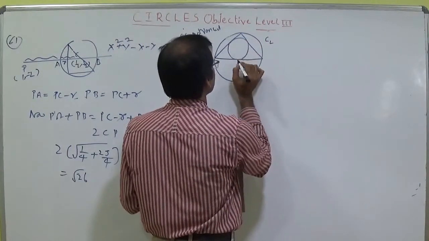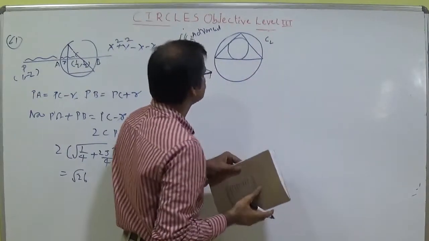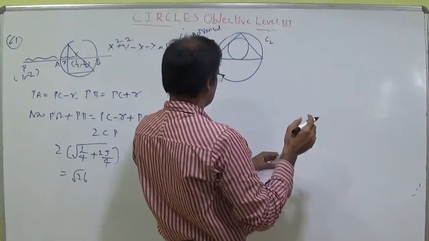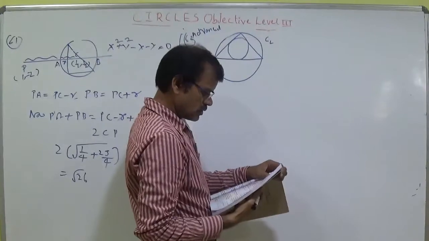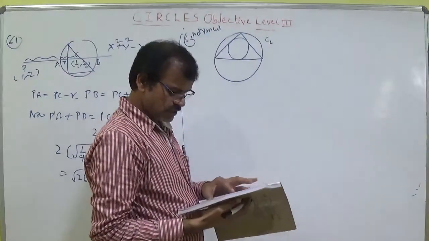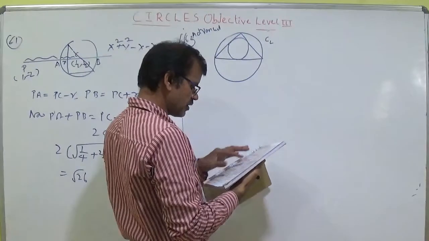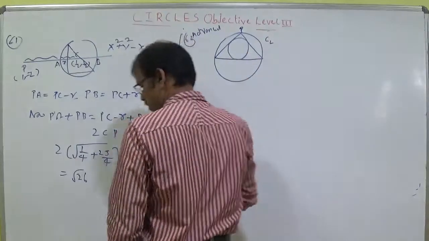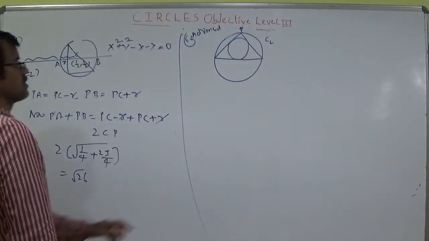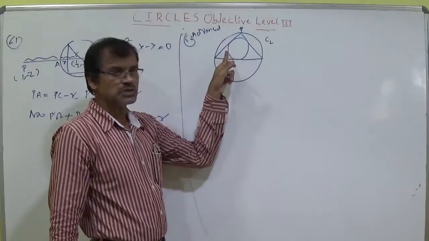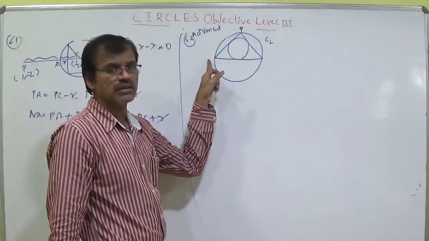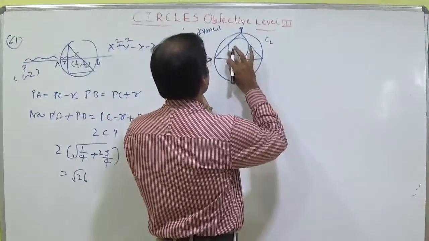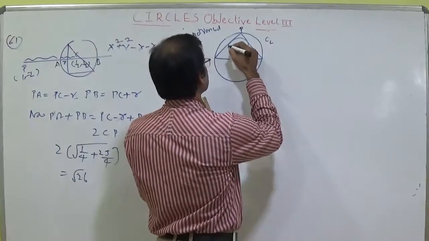Students, this is C1. C1 and C2 are concentric circles with radii R1 and R2. From a point on C2, two tangents are drawn to C1, and the tangents meet again at the ends of a diameter of C2. Since these are concentric circles, you can extend this circle like this.